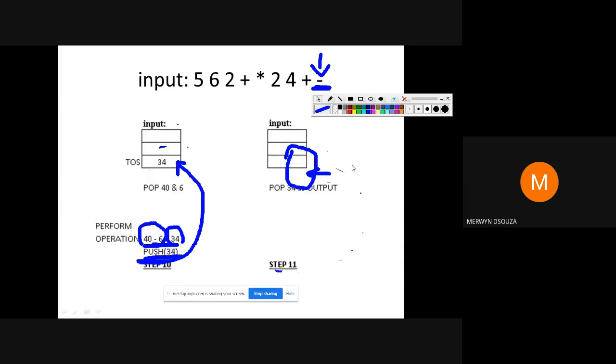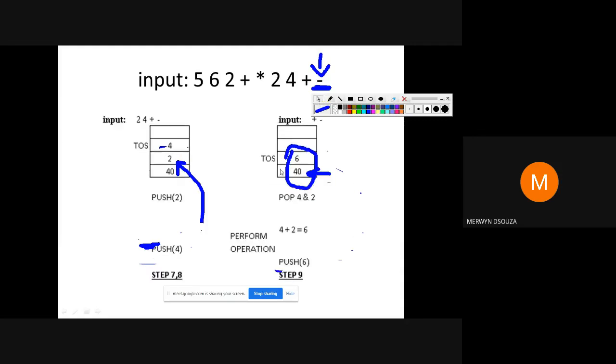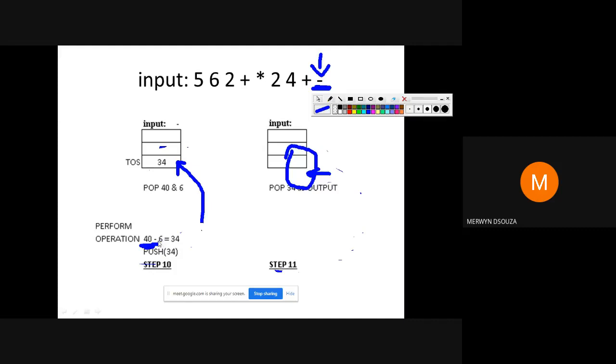What I mean by that is, see here, this is the operator minus, so 40 is on the left of the operator, and the upper value 6 should be kept on the right side of the operator. So it becomes 40 minus 6. I get the answer 34.